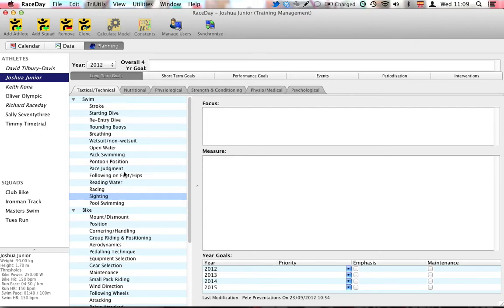So first of all, let's just take a look at some tactical and technical aspects. As you can see, there are a variety of other options including nutritional, physiological, strength and conditioning, physio or medical, and psychological. So first of all, let's take a look at sighting as a long-term goal of improvement for Joshua. So we've selected sighting under the swimming list on the left-hand side, and the focus is clearly swimming in a straight line. As a coach, the way that we'll measure that is